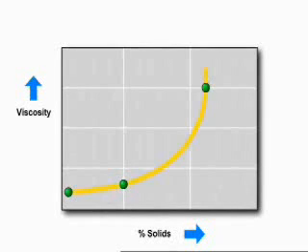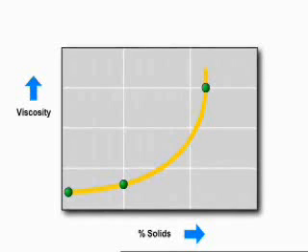Slurry viscosity can be explained by the number of contacts between particles. In a dilute solution, there are few particles. The slurry flows easily because there are few contacts between the particles. In a slurry with a high percent solids, the number of contacts between particles is very high, and therefore the